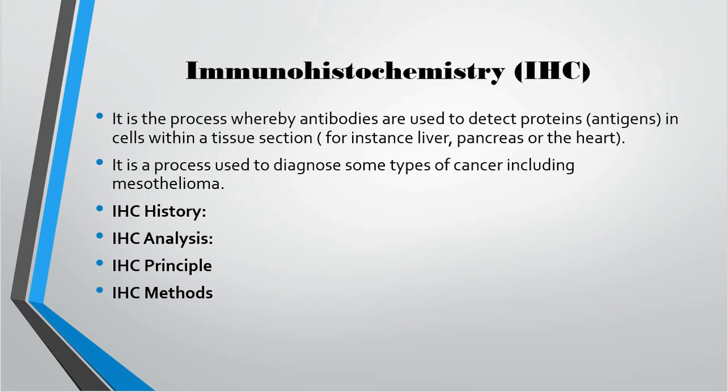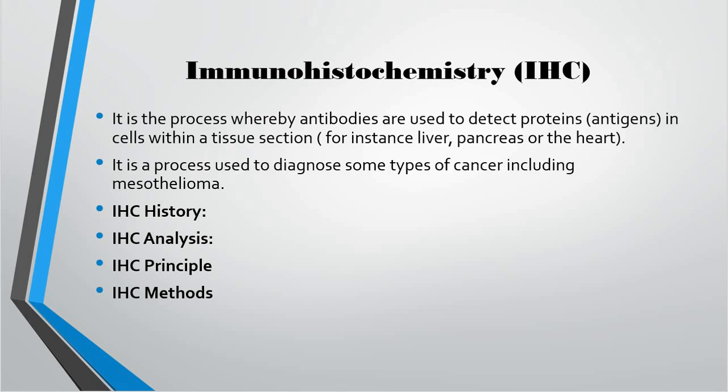Immunohistochemistry is a process used to diagnose some types of cancer, including mesothelioma. The procedure involves locating antigens in biopsy tissue through the use of a visual marker. Common markers include fluorescent dye, enzymes, colloidal gold, and radioactive elements. If cellular events associated with cancerous tumors, such as an increase in cell death, are evident in the tissue, then the abnormal activity will be highlighted by the stained tissue sample.